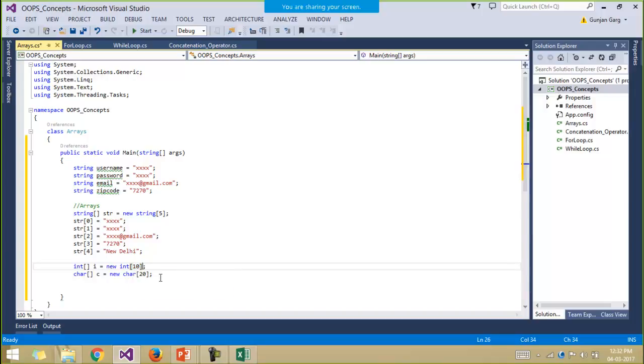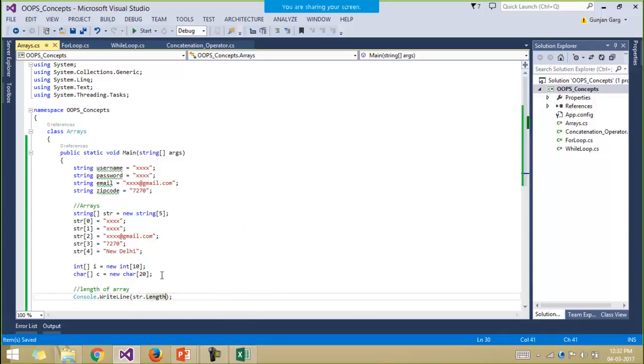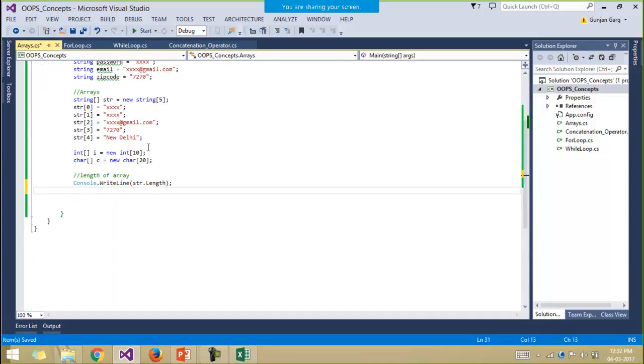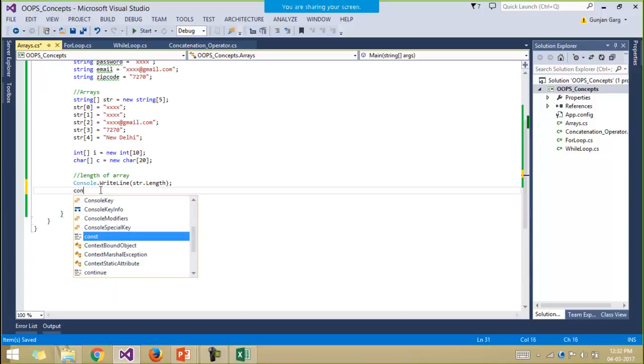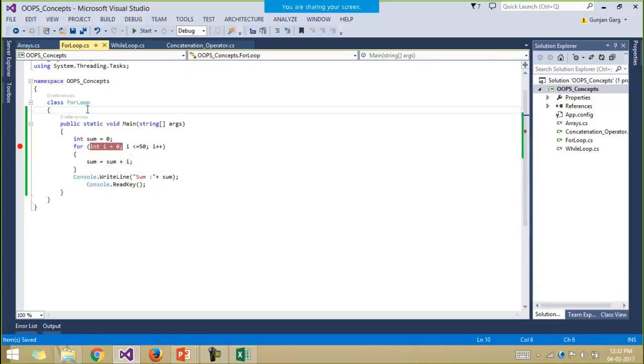Alright, so now some features of the array, that is if you want to find the length of an array. If you want to find the length of an array using coding, then you simply say string dot length. You simply fire the length property and it will give you the length. Say if you print the length, I'll write console.ReadKey in order to read the output. And now if I execute my code,